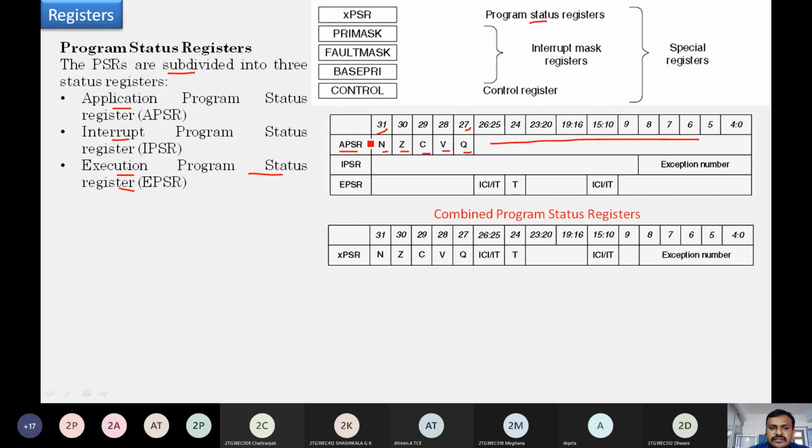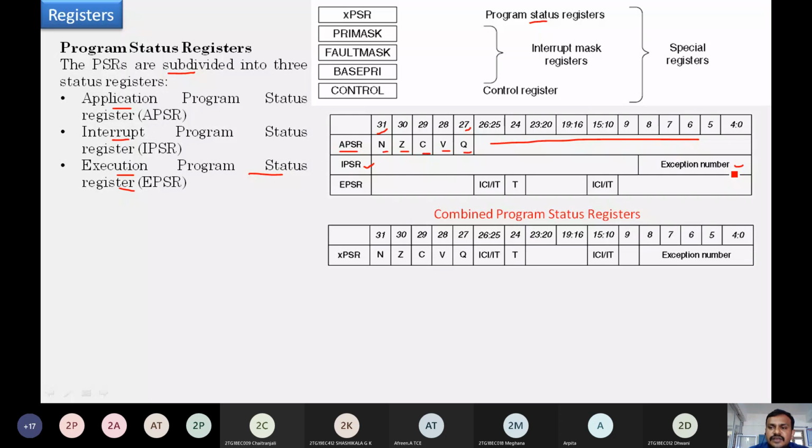Next, another register is known as the interrupt program status register, IPSR, which is used for exception numbers, interrupt numbers. Which interrupt has occurred after executing that particular code?